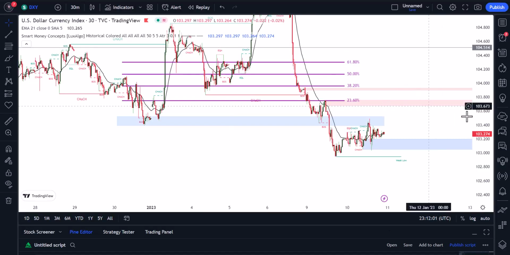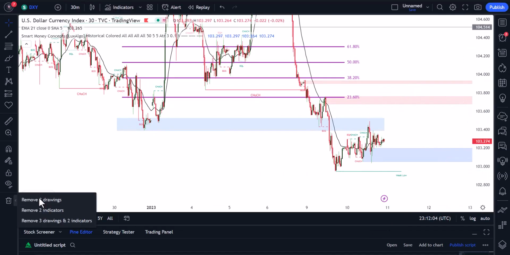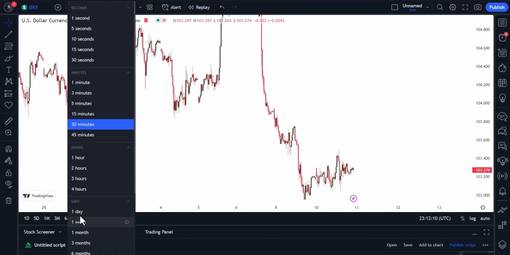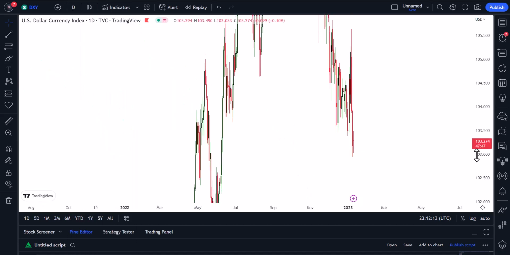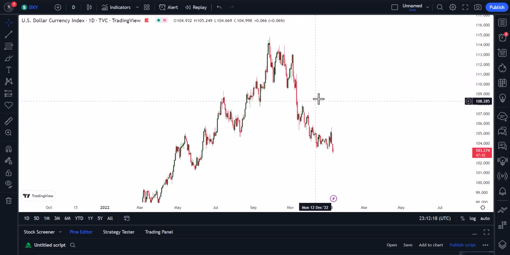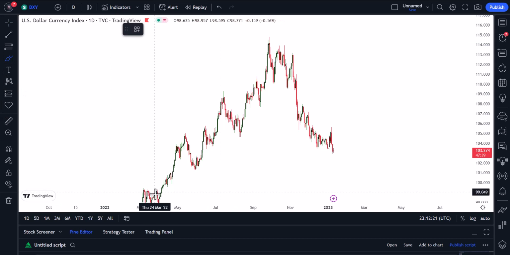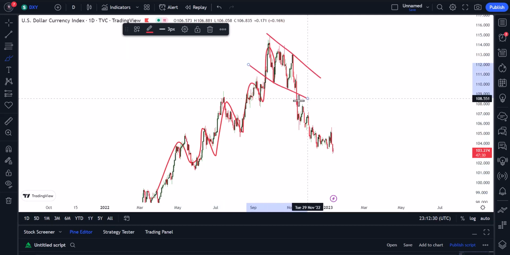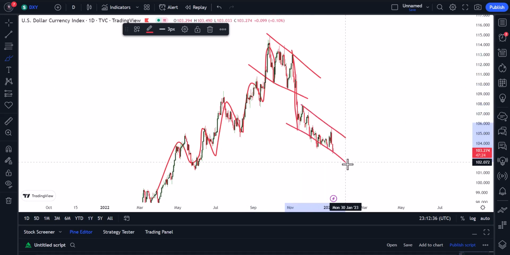So let's discuss the dollar first. Let's go to the daily time frame. If you have seen my previous videos, I told you that it was following higher highs and higher lows first, and after that at this area it changed the trend and followed the long impulsive move. After that it is following a bearish channel type form, and it started following lower lows and lower highs,